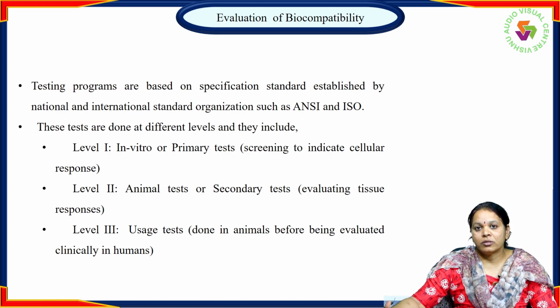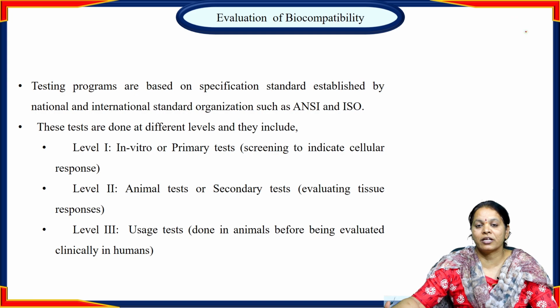So once we selectively choose a particular animal species and implant the material inside the animal, then we check for the biocompatibility levels by placing the material inside the body, and hence the tissue material interactions are studied in vivo. In vivo is inside the body. So to perform this in vitro and in vivo analysis, there are standard protocols given by the standard regulations such as ANSI and ISO, following which we can assess